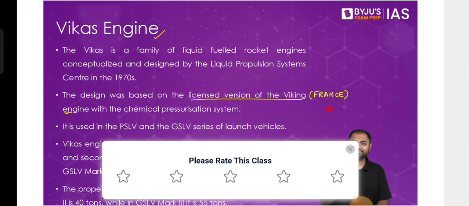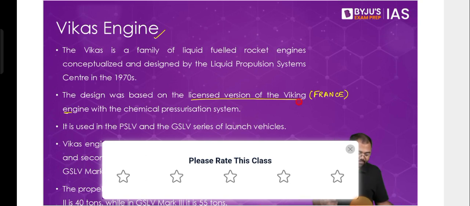Have you seen the film The Nambi Effect, Rocketry? It also won awards in the national awards just a couple of days back. Many of you have seen it, many of you have not seen it, not a problem. Even if you have not seen it, it doesn't matter, because anyway it is fictionalized. What they have shown in the entire film is not entirely correct. But the crux of the movie is what was happening.